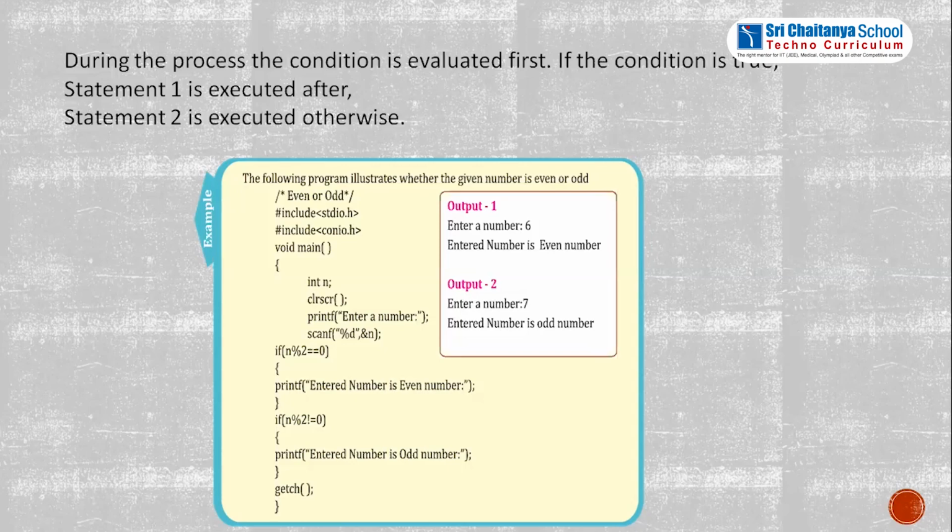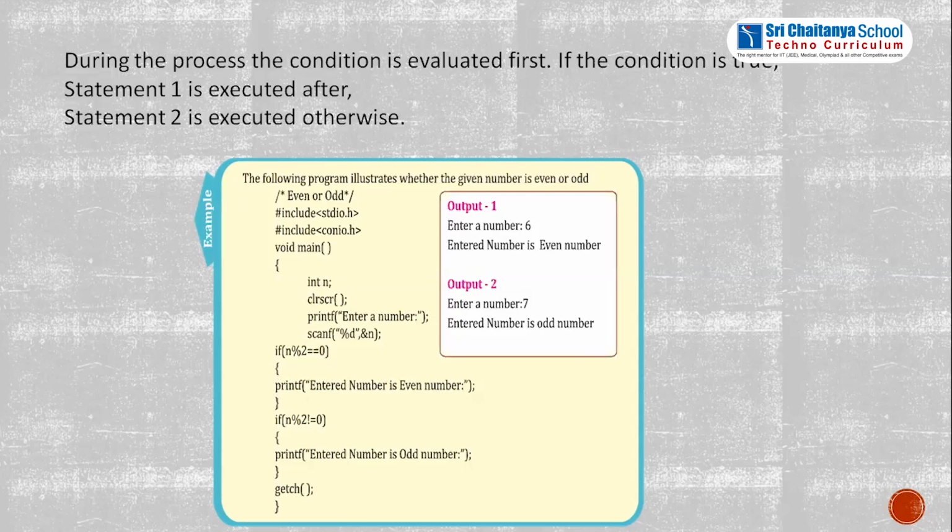So I declare a variable called n, of integer data type. clrscr is your clear screen function. Then you have your printf, enter a number. I have already told you that every scanf statement should be preceded by a printf statement. Once I get the number and save it in my variable n, I have to check n modulo 2. If n modulo 2 is double equal to 0, then printf entered number is even number. If n modulo 2, remember the not equal to operation, is not equal to 0, printf entered number is odd number. Then you will give your getch